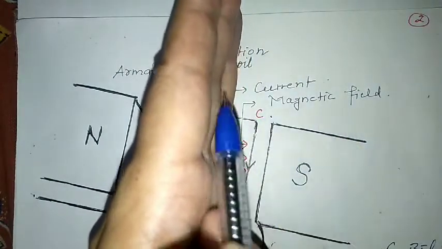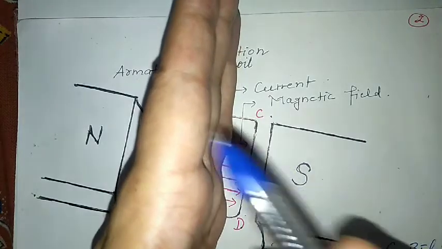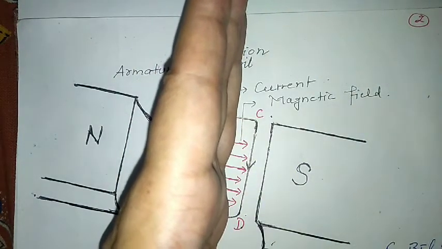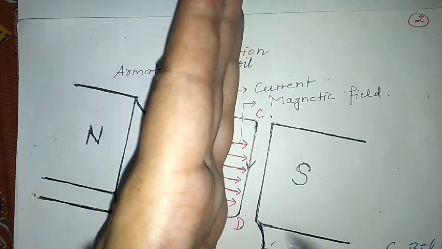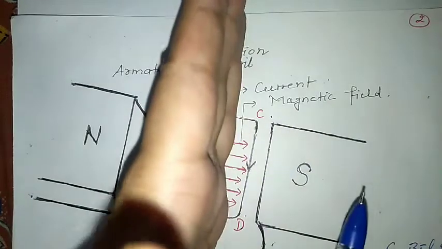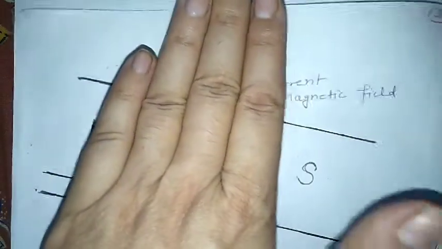Now the current and the magnetic field are both in the parallel condition. If they are parallel, you know that again the force will not be applied, but because of the inertia of motion that we have read in our 9th class, this coil will still rotate like this. First it was like this: this was arm AB, this was arm CD, and it will rotate like this, and because of the inertia of motion this will go like this.